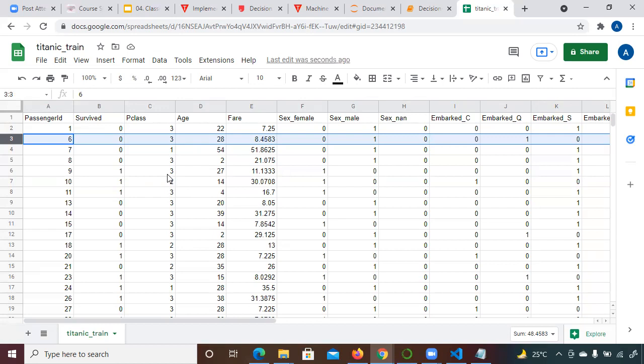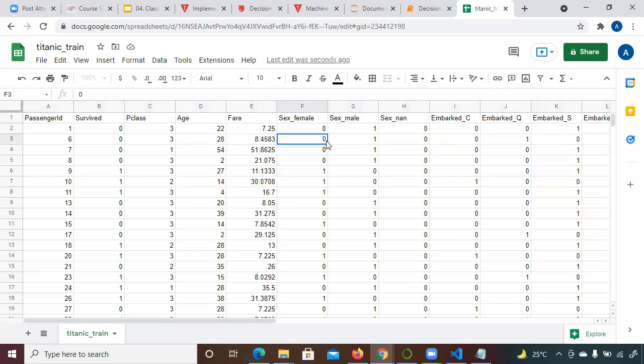How are you going to decide? Wherever the value is missing, like missing value means like this, where the values are not there, you can delete this row, right? Like this I have already processed the data.